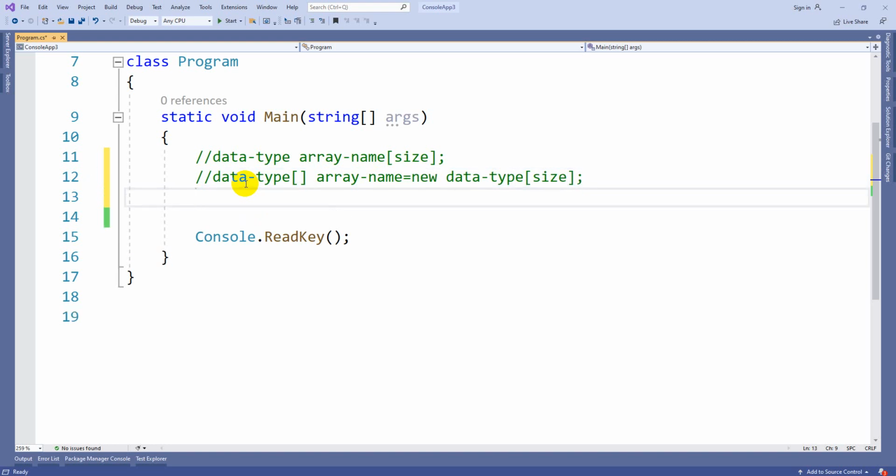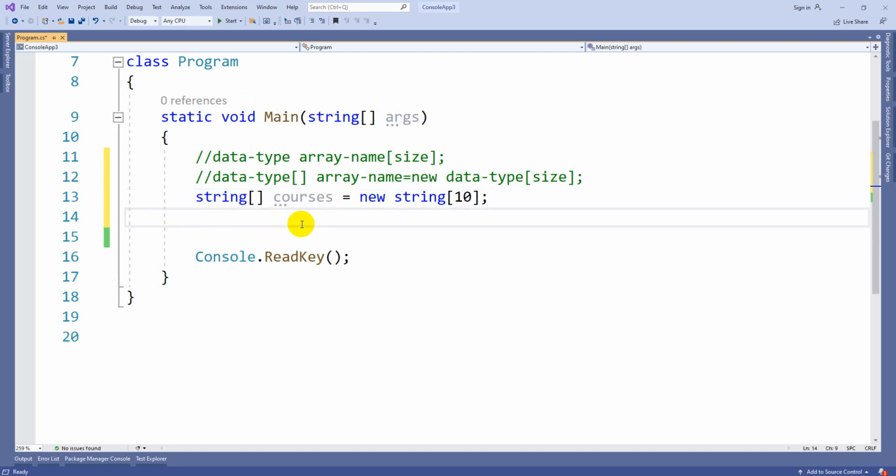Okay, let's take an example. Suppose string array courses equals new string array, where I can mention whatever size. If I give 10, this courses array will have 10 locations that can be operated from 0 to 9 index.